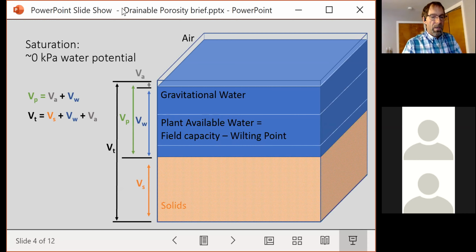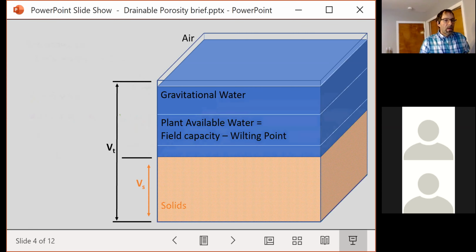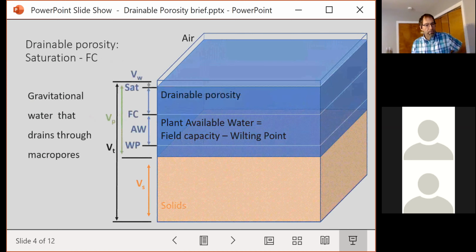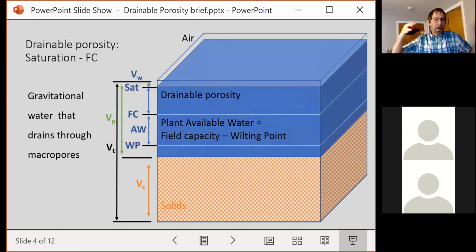Now, let's go back here. And so the gravitational water represents that drainable porosity. So the drainable porosity is the amount of that water held in the soil that will drain out of the soil profile when we put in a drainage tile. So again, thinking about that,